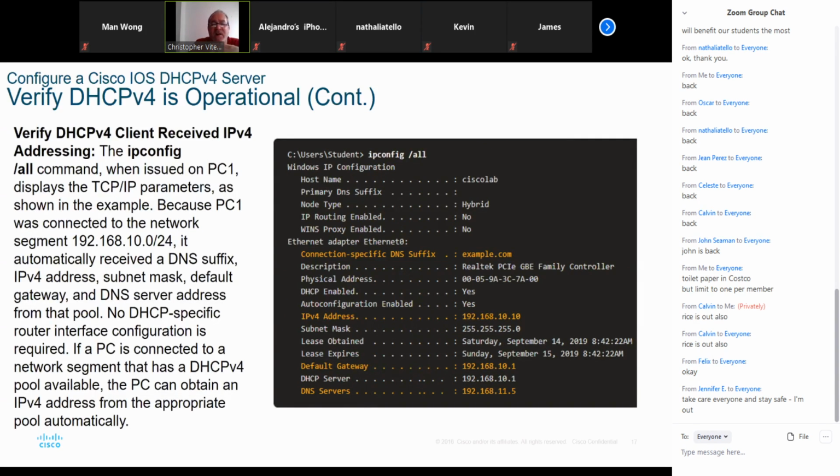To verify that a client received an address, you know how to do that. Open up a DOS dialog, click on Start, go to Run, type CMD to open up a DOS dialog, then type ipconfig /all. It shows you everything you need to know: your DNS servers, your DHCP server, your default gateway, the lease time, MAC address, everything, okay? Now, ipconfig /all will show you everything